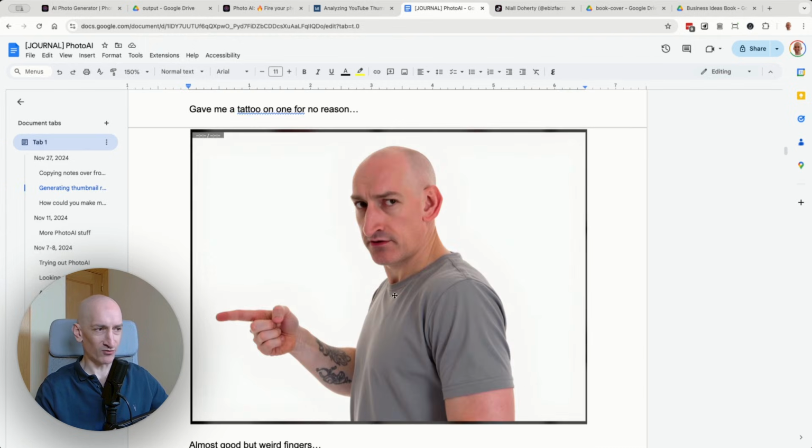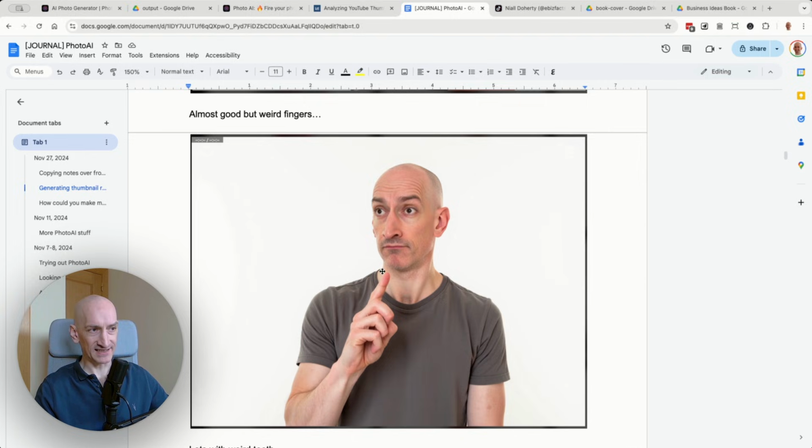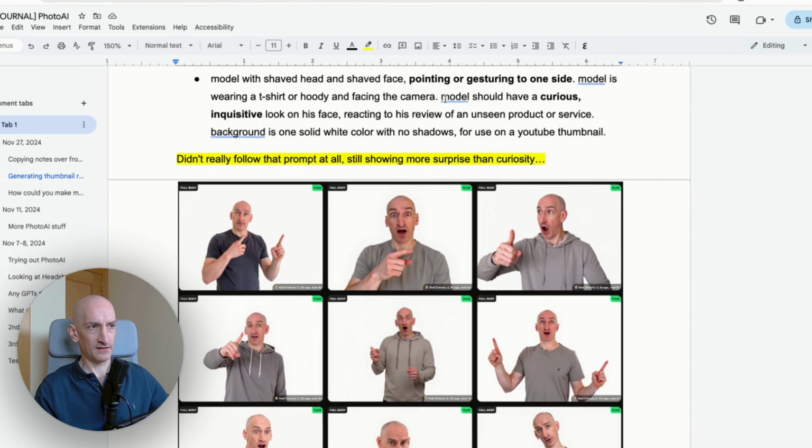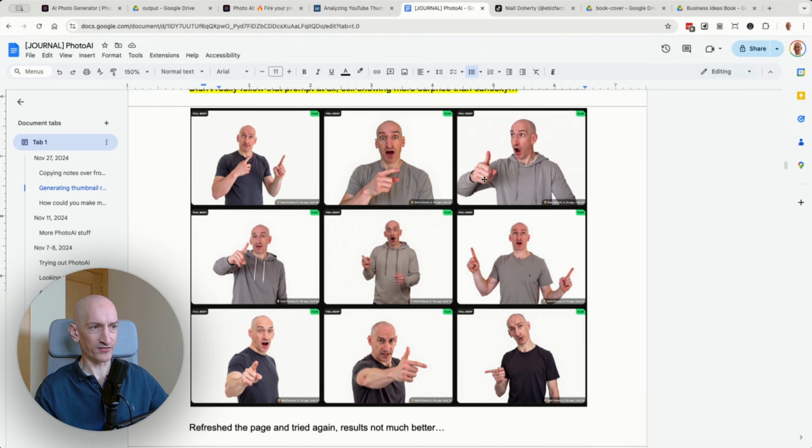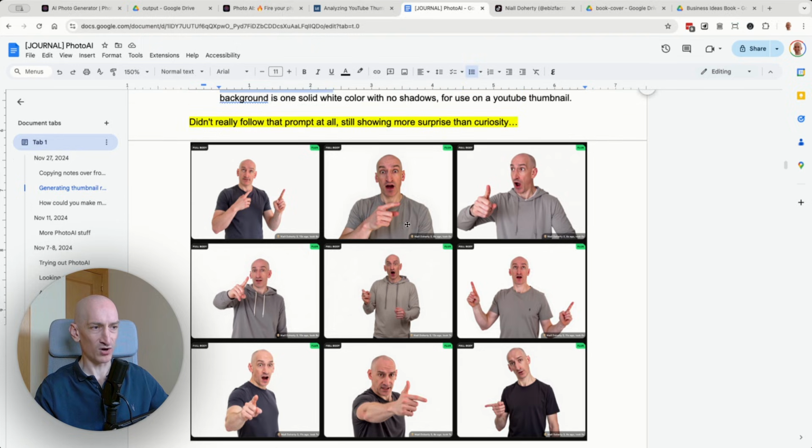Here's that example of me with a random tattoo and a bit of a strange ear. Often I'd get results like this that are pretty good, but there's something a little off with it. In this case, it's my thumb, which looks pretty weird and long there, so I couldn't use this one. Weird teeth here is a good example, and the eyes are a little bit off as well. Here I said model should have a curious, inquisitive look on his face, but it actually looked more like surprise